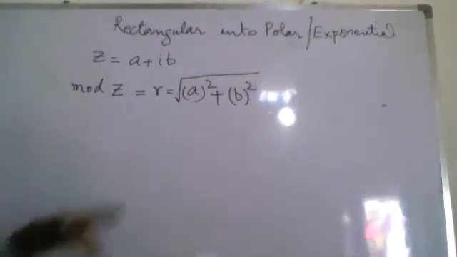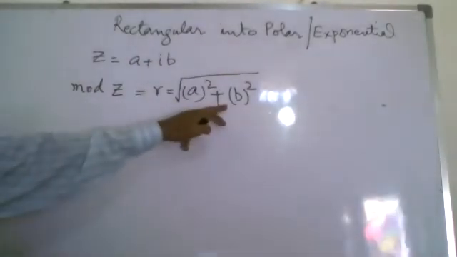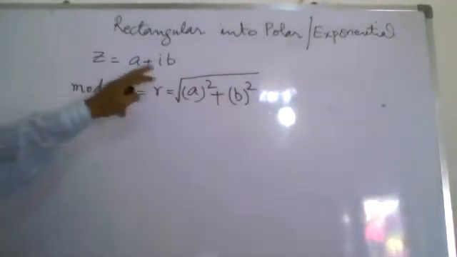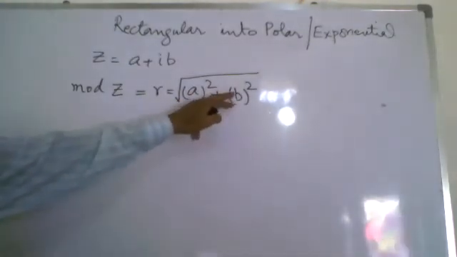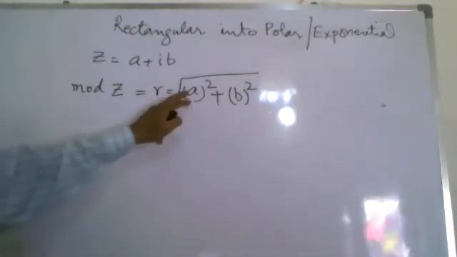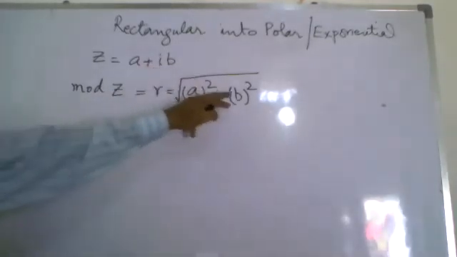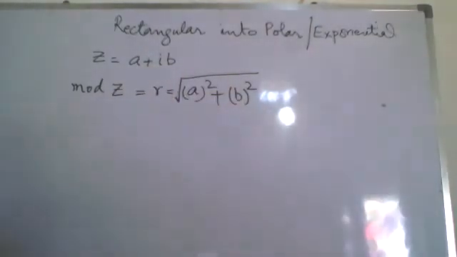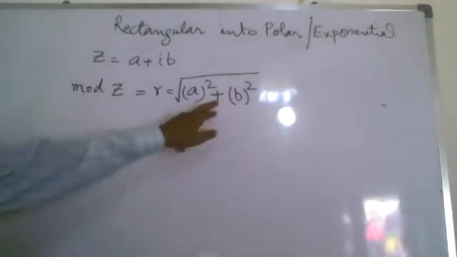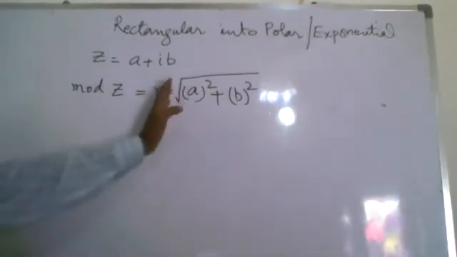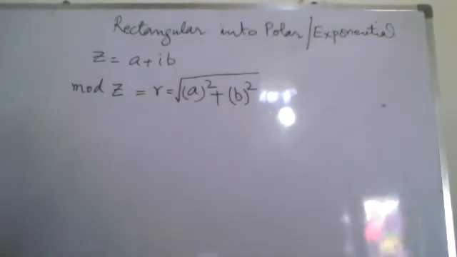Remember, don't take the square of iota. Only the real part is squared and the imaginary part is squared. This may be negative or positive, but no iota. Most students make the mistake. They take the square of iota b, so it will become iota square b square, and iota square will be minus, so it will become minus b square. Sometimes this minus b square will be greater than a square, so you will get a negative answer under the root. So this is not the r.